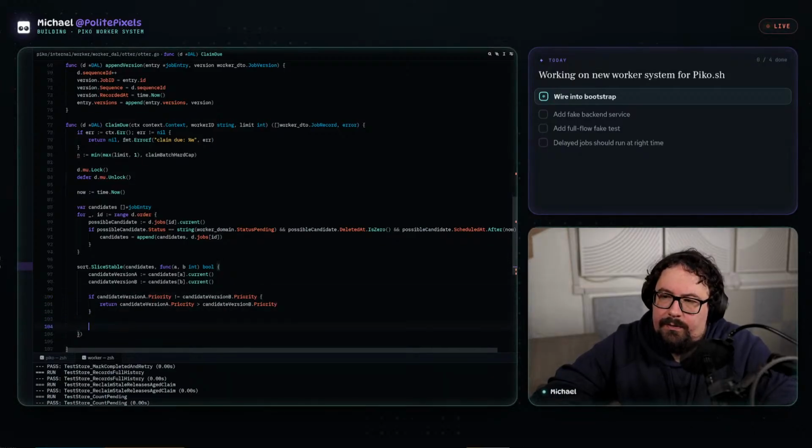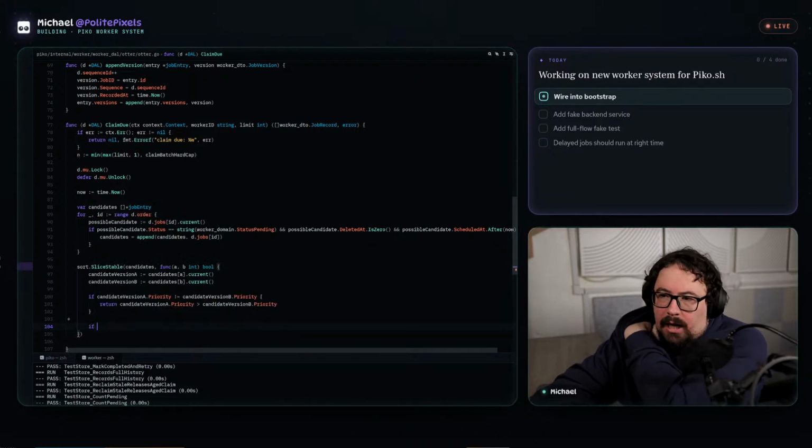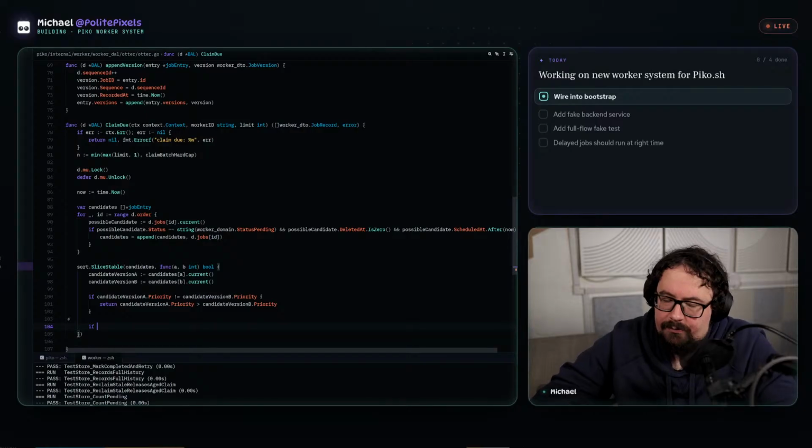So we'll filter first by priority, then we'll filter by time. So if they have the same priority, we would prefer to filter by the time.